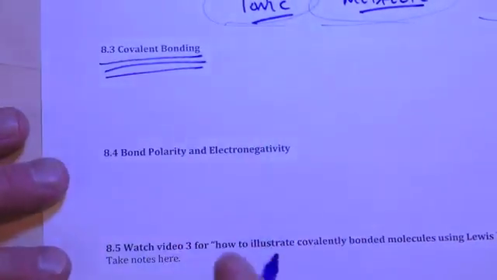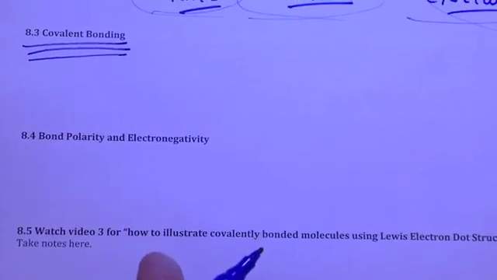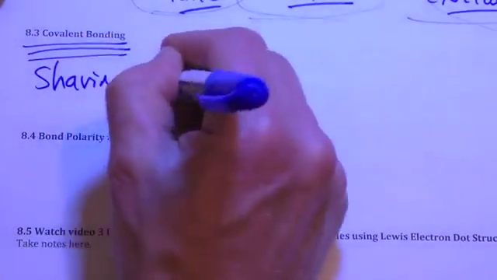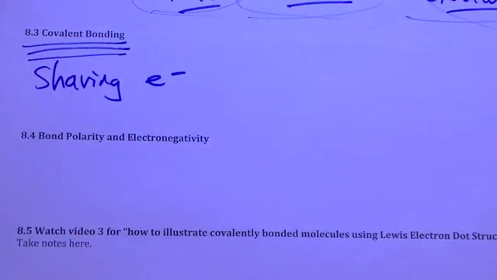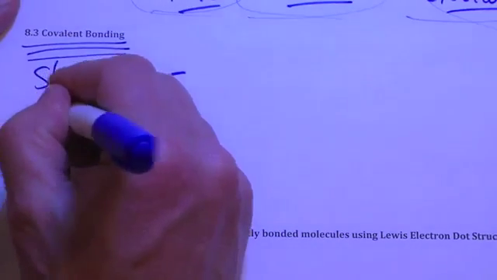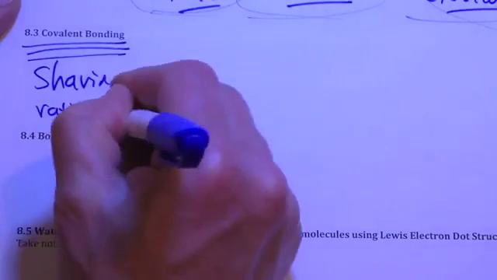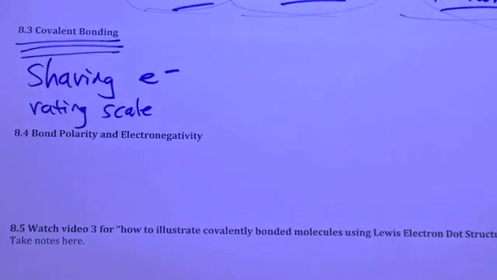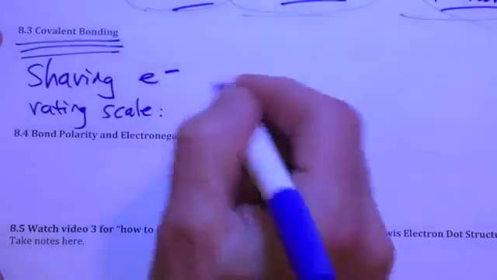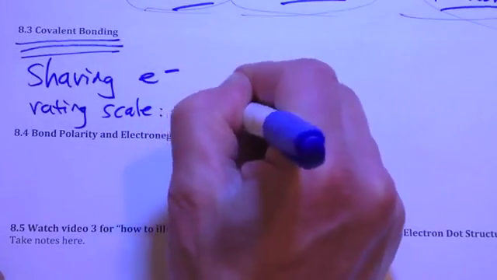But we're going to focus on covalent bonding because there's a lot we know about it, and there's a lot of things you need to know about it to be successful at it. Covalent bonding is a sharing of electrons. And to determine how much electrons are shared, we have a rating scale. And the rating scale that we use to determine how covalent and how much sharing substances are is called the